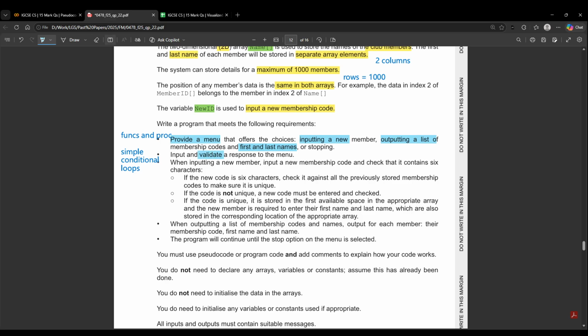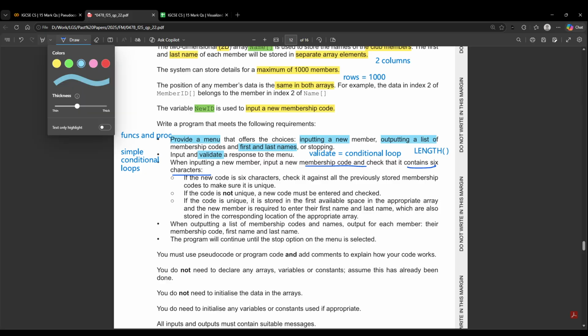Now there is a keyword here called validation. Again, validation means that you have to use a conditional loop and you'll keep on repeating until the input is reasonable. When inputting a new member, input a new membership code and check that it contains 6 characters. That means we have to use one of the string handling functions, which in our case would be the length function. Then they're saying if the code is